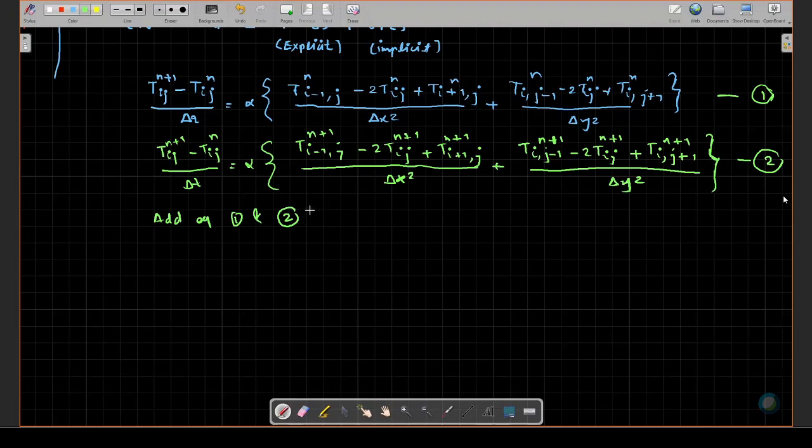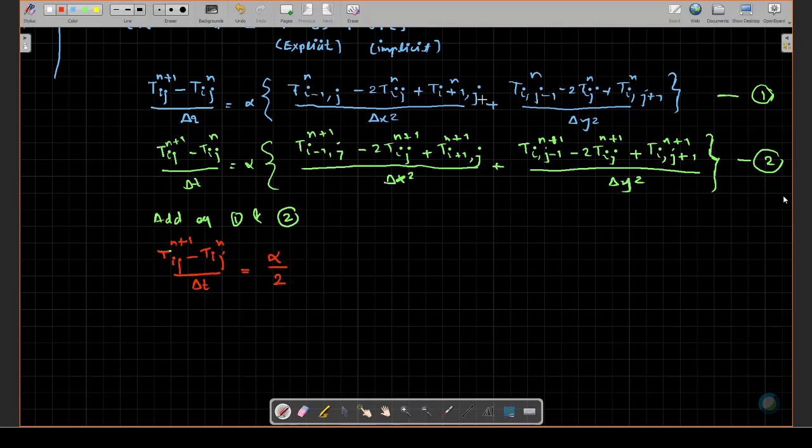What do we get? We get finally (T_ij^(n+1) - T_ij^n)/Δt, and we get alpha divided by 2, and